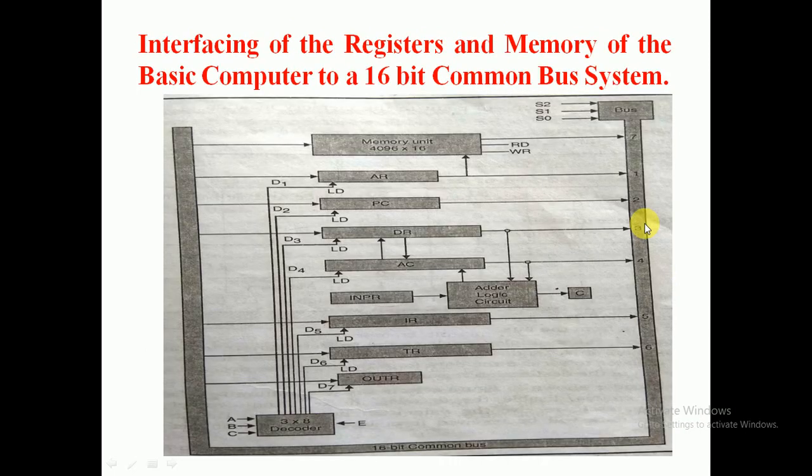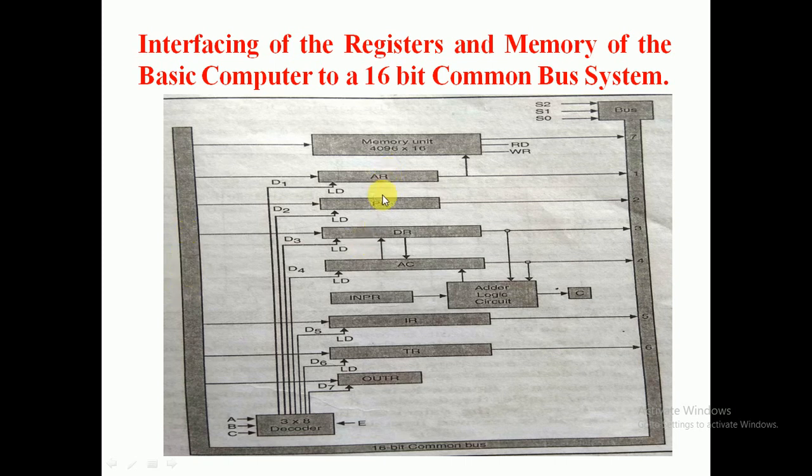Next is the interfacing of register and memory of basic computer to a 16-bit common bus system. So this is the basic interface diagram, how we can interface this 16-bit common bus with various registers and memory. For this purpose we need two kinds of data lines. One is your data input line. These data input lines are used to connect the 16-bit common bus